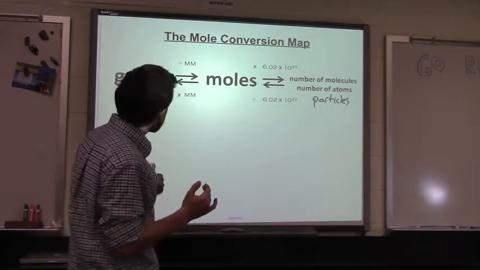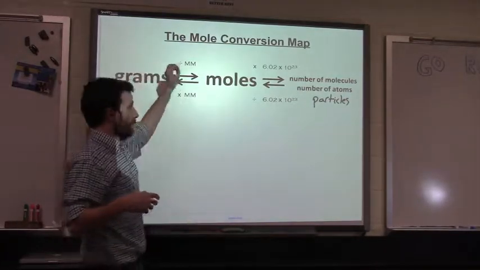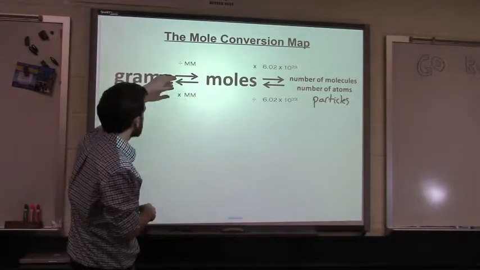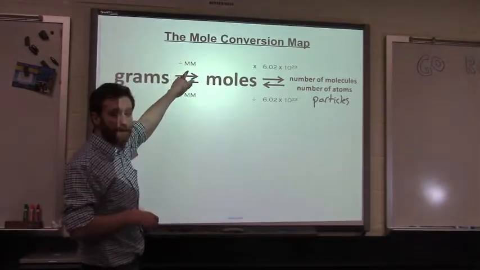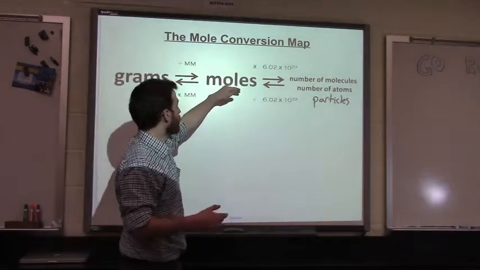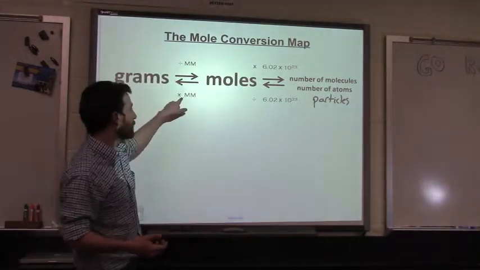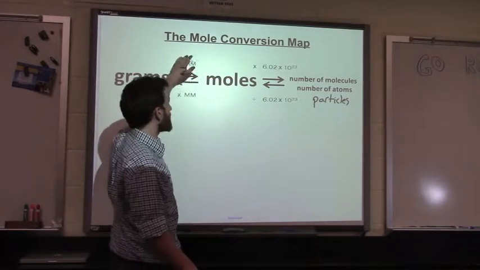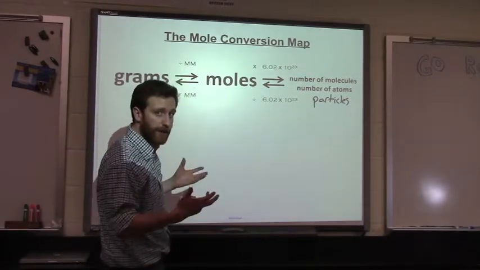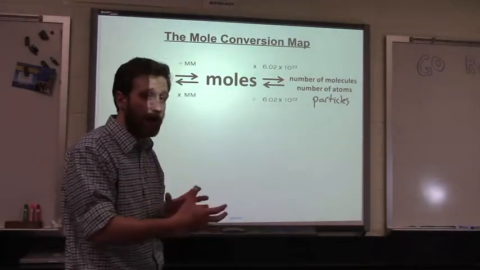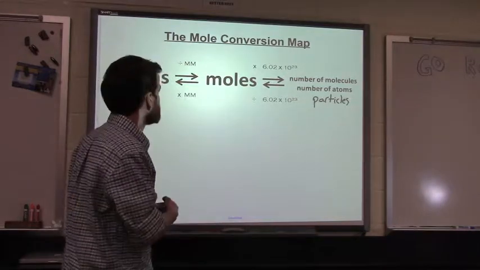like this. We recognize that we're given grams and we want to go to moles. So the arrow is pointing from grams to moles, so therefore we must divide by the molar mass. On the contrary, if I want to go from moles to grams, I've got to multiply by the molar mass of that compound. Keep in mind, these numbers change depending on the compound you're talking about. A mole of hydrogen gas does not weigh the same as a mole of water.